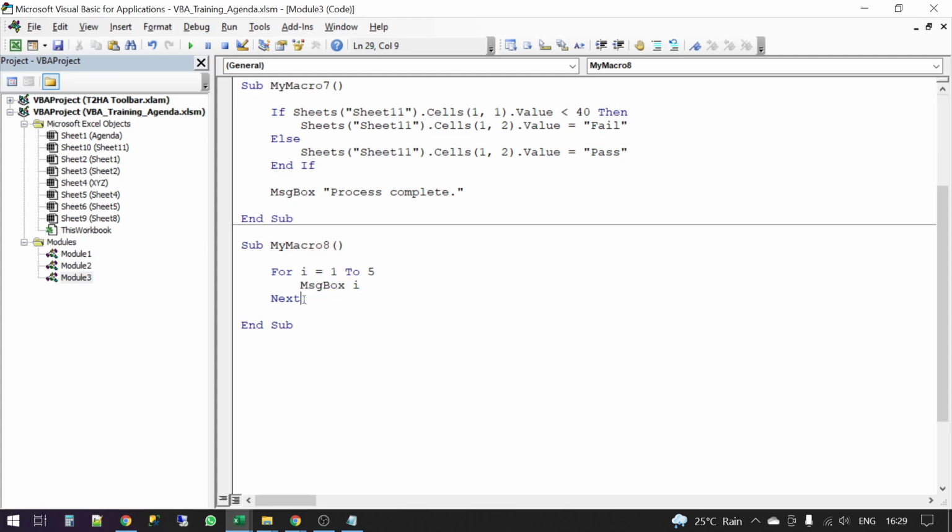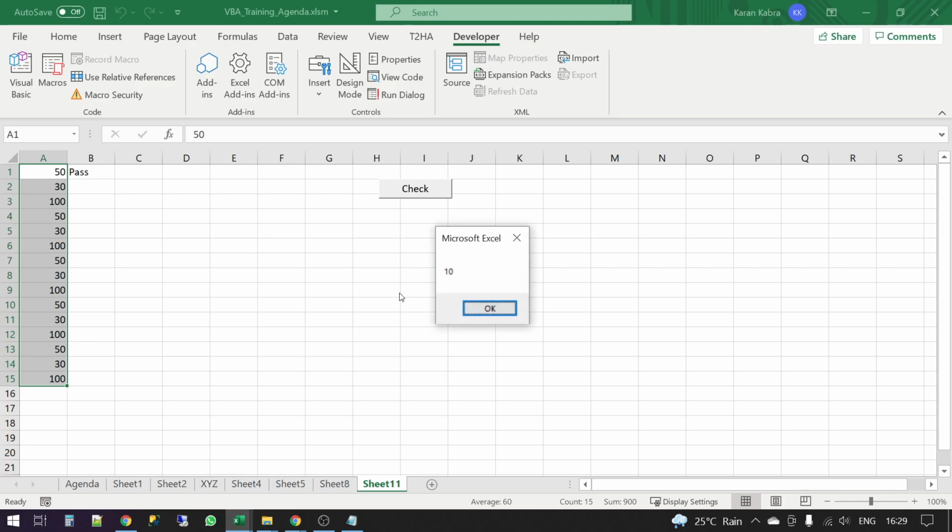Mini, your question is, can you add a message before the macro starts so that when we review it later, we know this is the macro? Okay, sure, we can do that. So what you are saying is, let me give any message, say, for example, MsgBox 10, before the loop, right? Now let me run it line by line. I can press F8, which is the shortcut. MsgBox 10, you got 10.